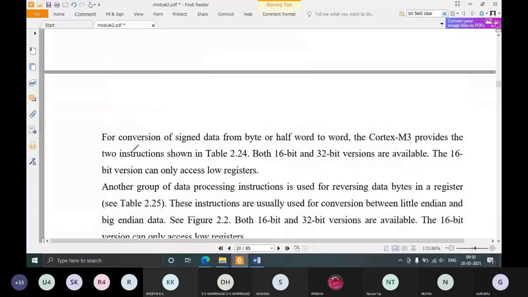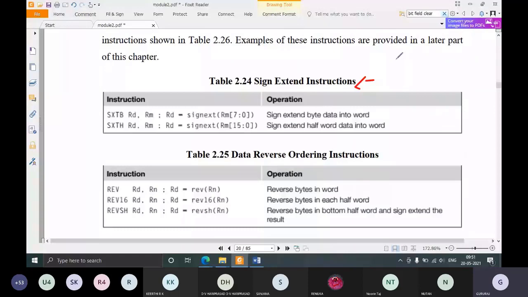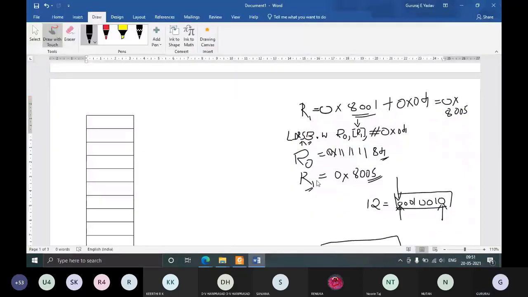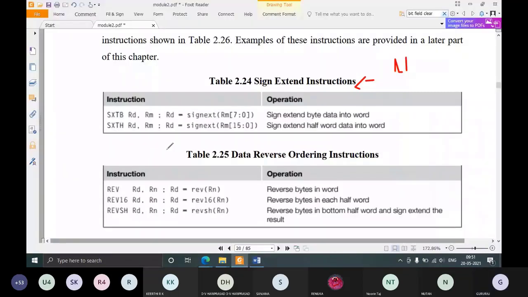Next is the sign extend instruction. We just discussed what sign extend means in LDR, for example LDRSB.W, which is load as well as sign extend. The same sign extend concept is here also.